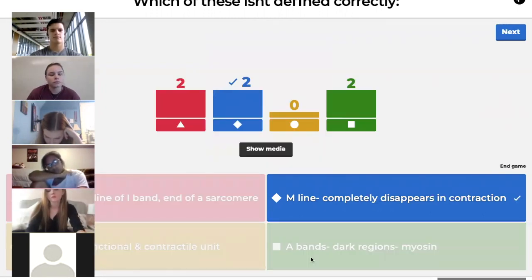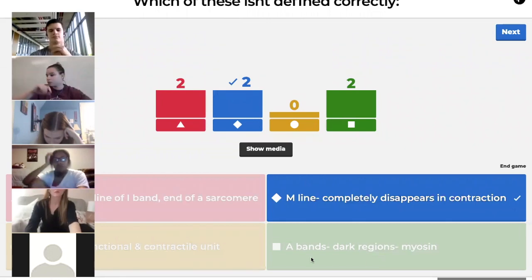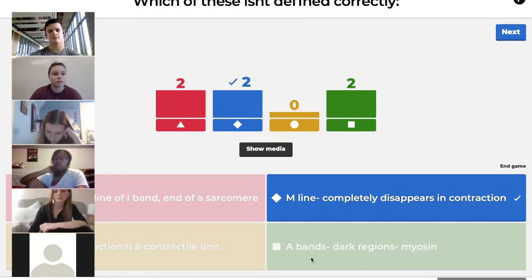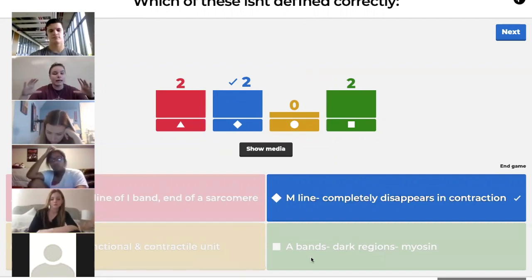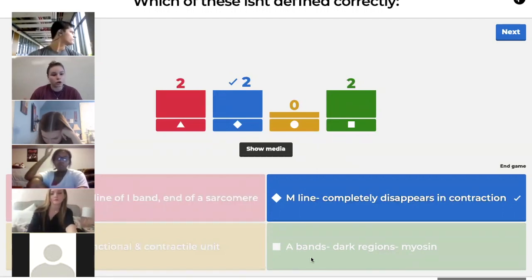Okay, so for these, he's probably not going to give you a picture and ask you to label it, but he's probably going to describe it in words. Actually, he might give you a picture just because it's online, but I'm going to safely say he probably wouldn't. If I was you, I would draw this, like, I didn't bring a pen because I hate myself. I would draw a sarcomere and label all of these places: the Z line, the A band, the M line. I would label all of that, and I would draw it over and over again until you can draw it by yourself. Because if you can draw that on a piece of paper when you start your test,